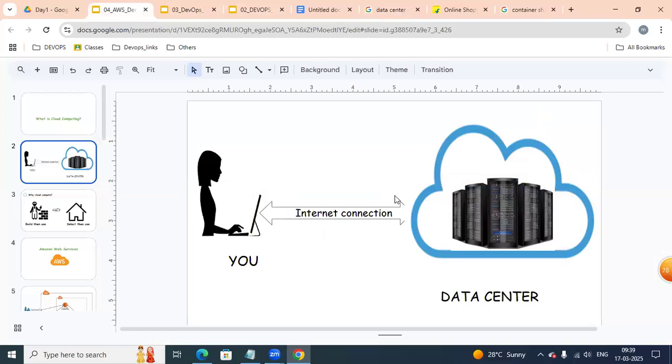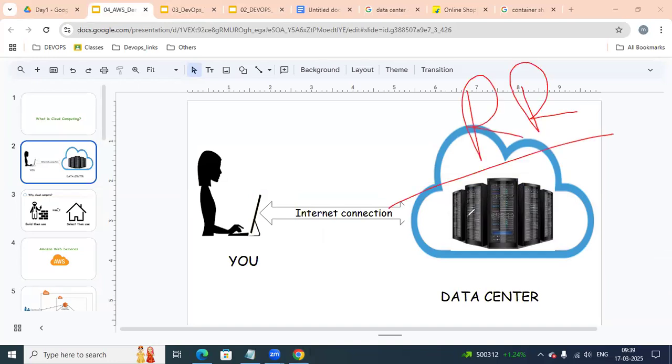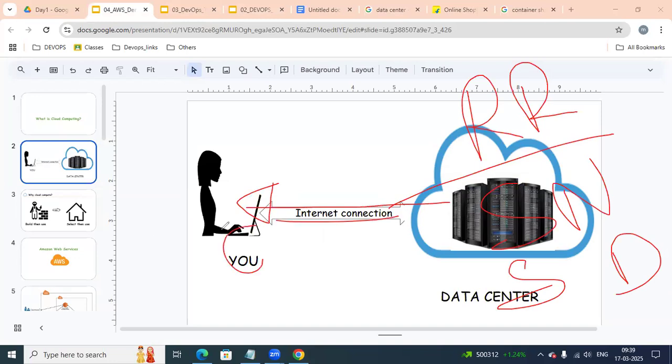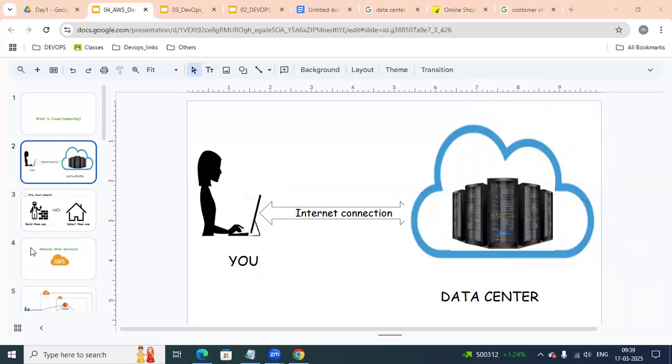Repeat again: remote placed resources such as servers, network, storage, database, if you can access over the internet from your laptop, that is nothing but cloud computing.